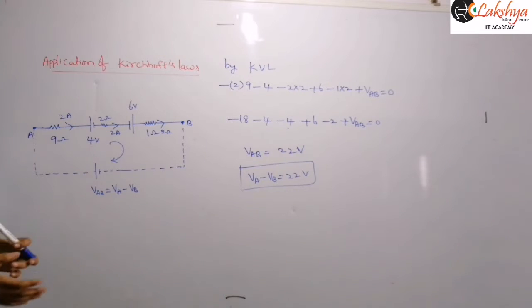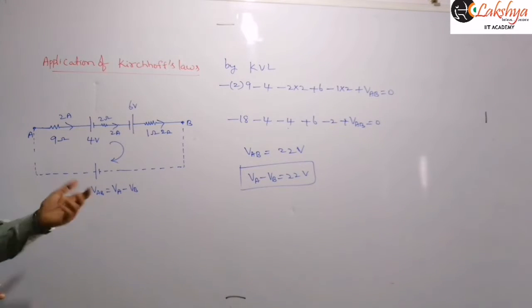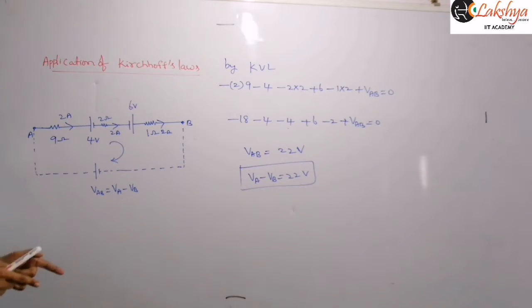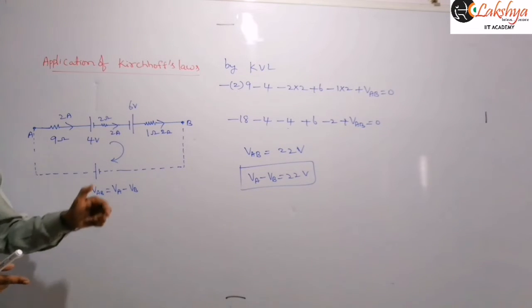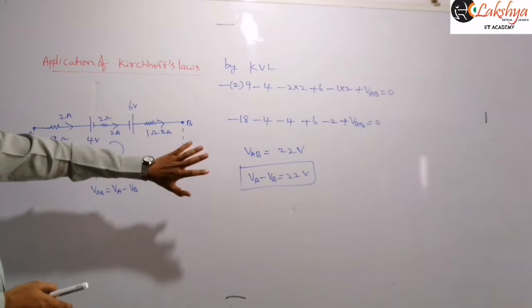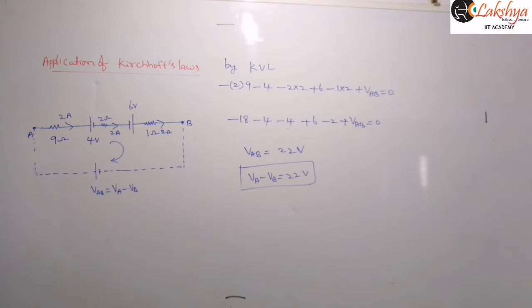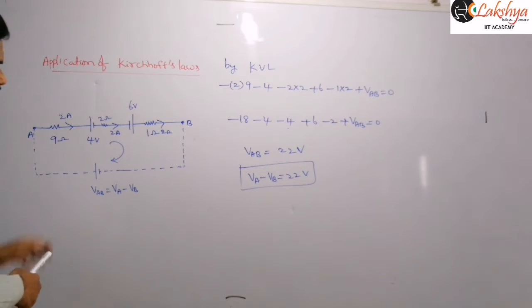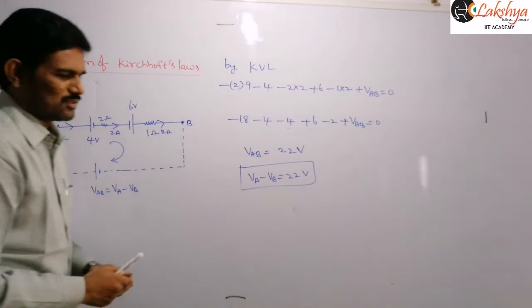And so now if they ask potential difference between A and B, you can write 22 volts. If they are asking VA minus VB, you can write 22. But if they are asking find VB minus VA value, then we need to answer minus 22. So like that. If they ask just a potential difference, we write the magnitude here. Or if they are asking VA minus VB, you need to answer along with the sign. So that is one method here.